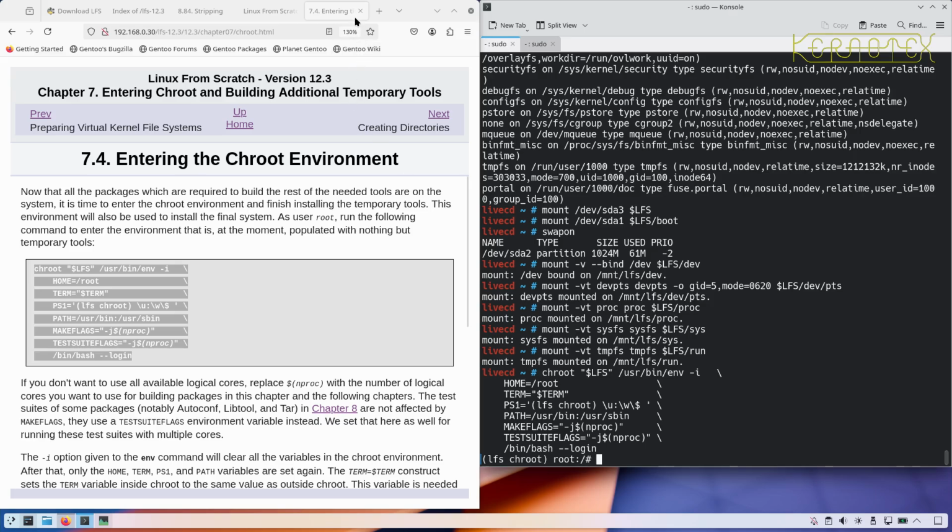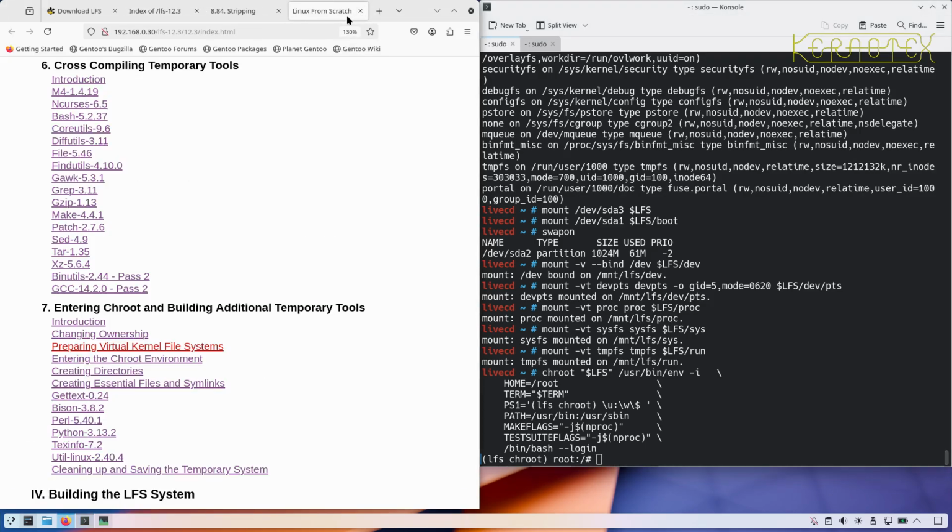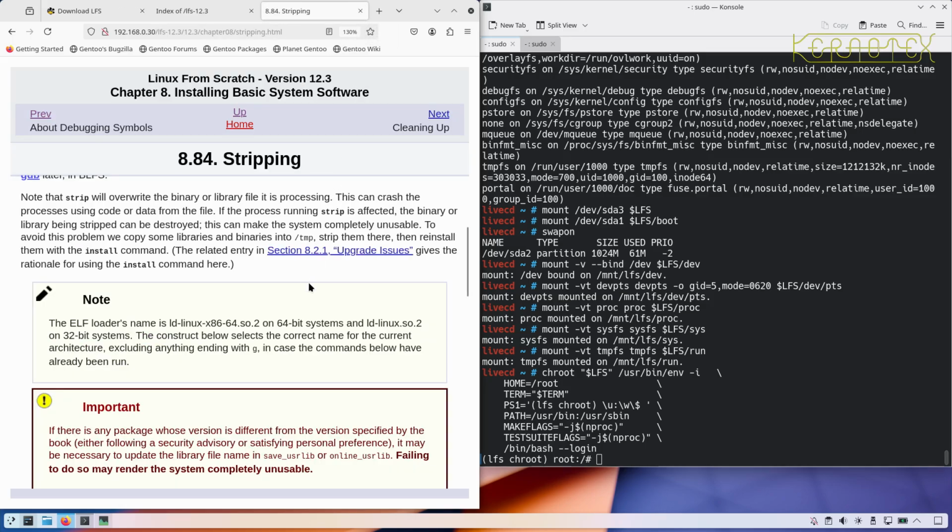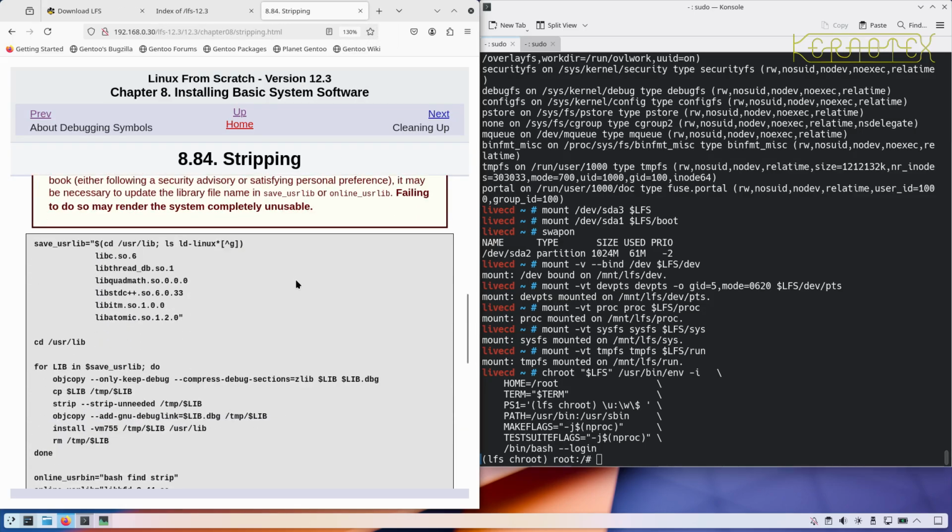So we're back to where we were in this stripping chapter. So I should be able to follow this now and hopefully not have any problems, but